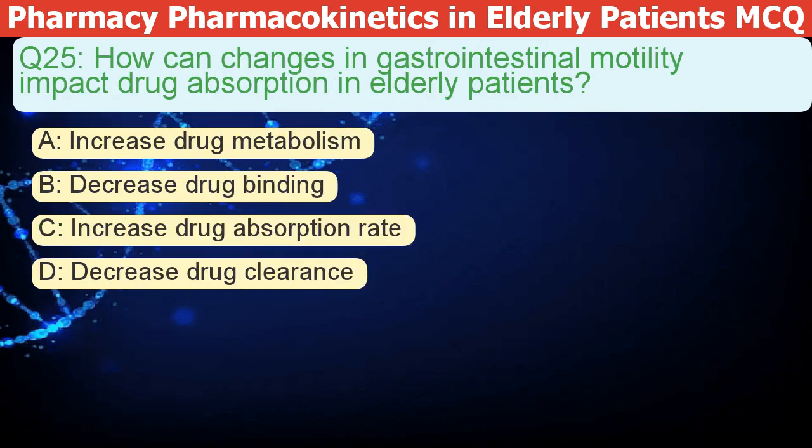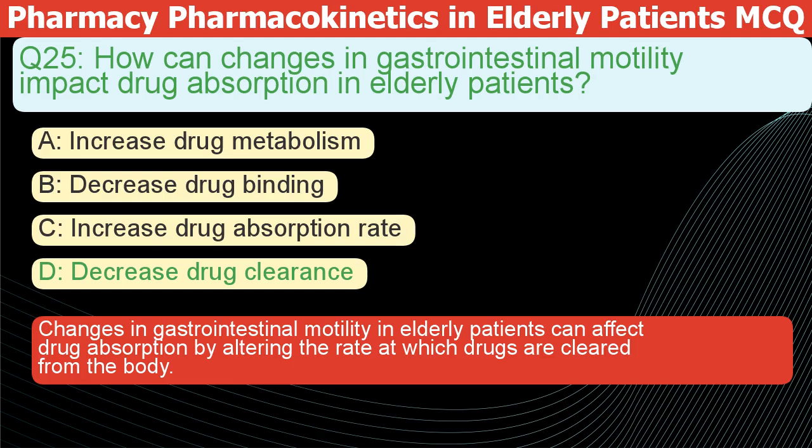How can changes in gastrointestinal motility impact drug absorption in elderly patients? A. Increase drug metabolism. B. Decrease drug binding. C. Increase drug absorption rate. D. Decrease drug clearance. The correct answer is D. Changes in gastrointestinal motility in elderly patients can affect drug absorption by altering the rate at which drugs are cleared